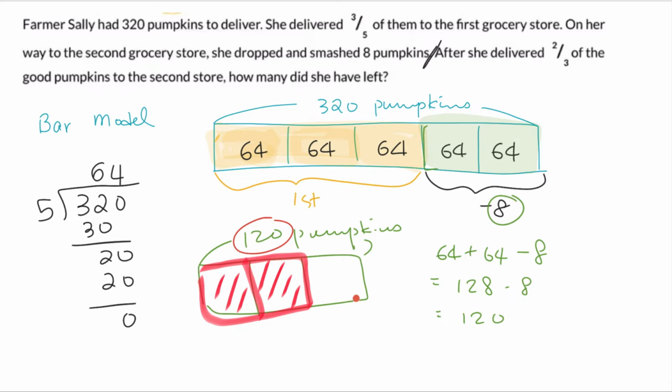Then how many are left? So we're going to figure out how many go in here, right? We get to know that 120 pumpkins are equally divided by 3, same sizes. So 120 divided by 3 will be 40. So each box shows 40 pumpkins. So how many pumpkins are left? 40 pumpkins are left. So I think the bar model is pretty useful. Consider solving this problem using a different method than the bar model. It's going to be fun. Okay,